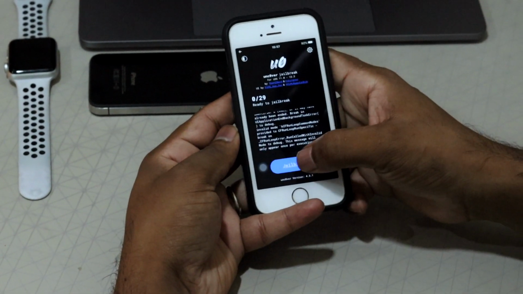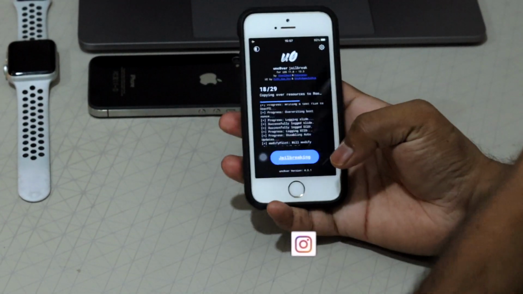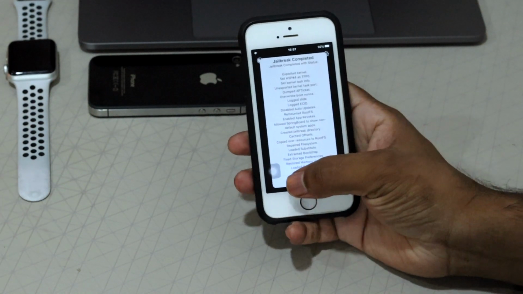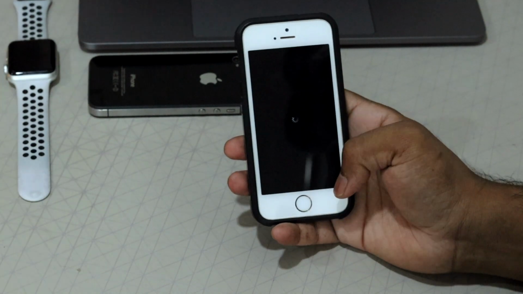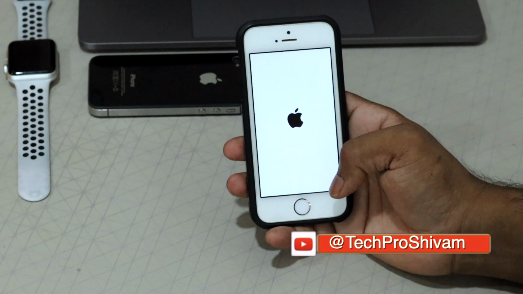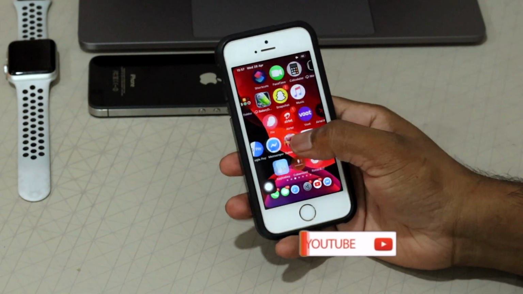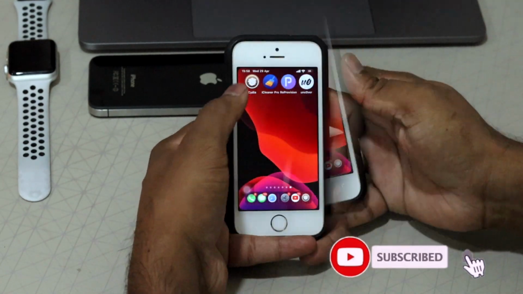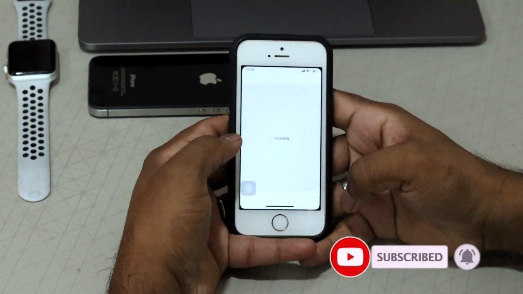If some of you might be new here and don't know how to jailbreak the device, let me tell you, I already made a lot of videos on how to jailbreak the device. All the links I'll mention in the description. Go ahead and watch. There are basically two methods, checkra and unc0ver. So go ahead and watch, check your compatibility, jailbreak, and come to this video.